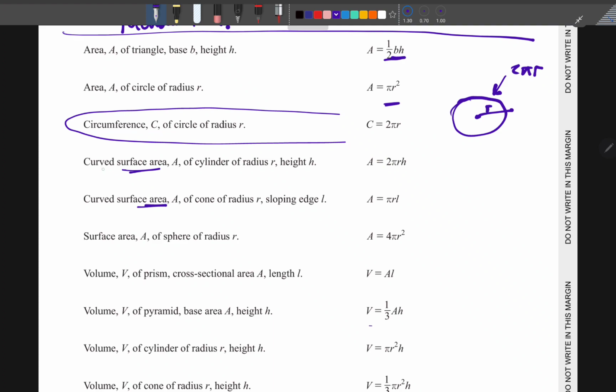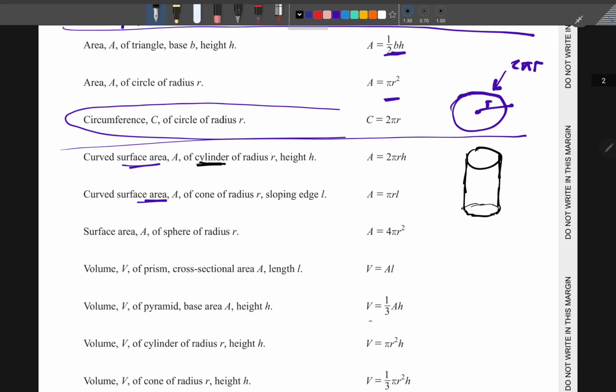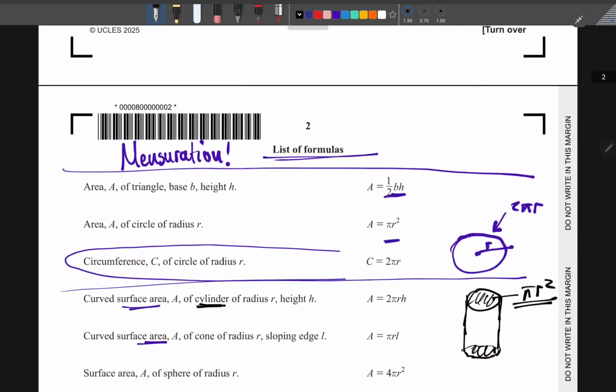Then what else are they going to give you? They'll give you curved surface area. Of what? I'm going to make you see it when we do the question. Here it is for the curved part of a cylinder, not the whole cylinder. When we are talking about the surface area of a cylinder, we are going to need to include the circles. If they tell us that it's closed at the top and at the bottom, if it's closed at the top only, we'll include the area of the circle at the top only. If it's closed at the bottom only, we'll include the area of the circle at the bottom. But if it's closed, we will need to include the areas of these two circles, and we get them by saying pi r squared, the area of a circle.